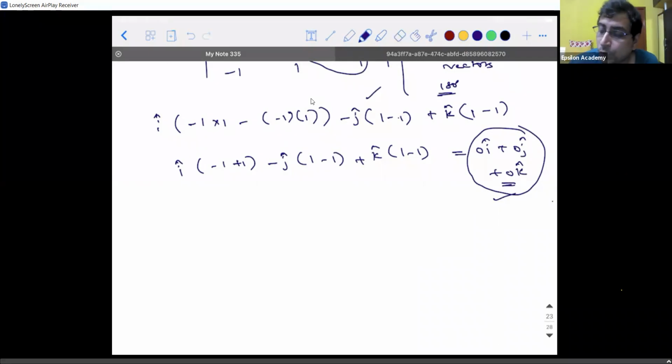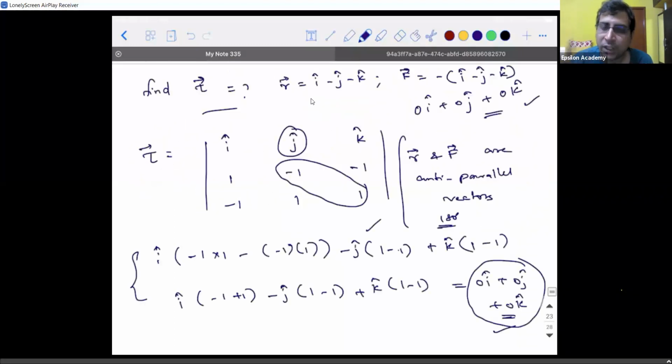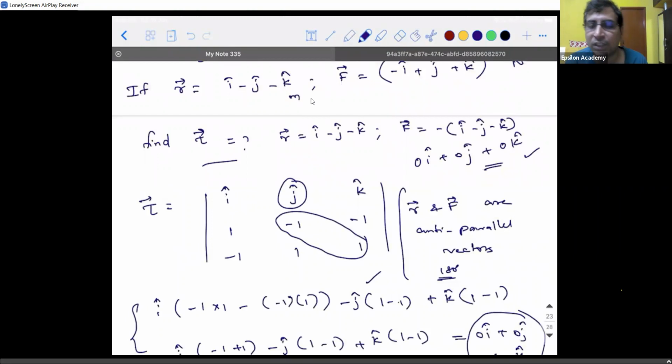That is there, but when you solve the problem, this is the way you do it. See, there are two things, Subhajit. I want to make this point very clear. When you report the final answer, report the answer with the negative minus or the plus sign for the unit vector. I repeat, when you're telling the final answer, that is when you're writing the last step, you write the answer with a minus or plus sign for the unit vector. Whereas when you're solving the problem, solve it in this way. Because when I say solving a problem, it is mathematics. Reporting the final answer is physics. So you need to have these two distinguishing factors. You're able to understand? It is very important.